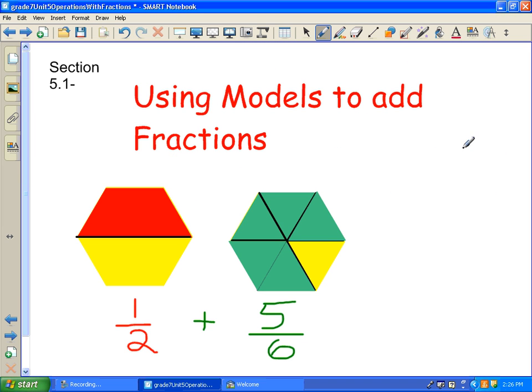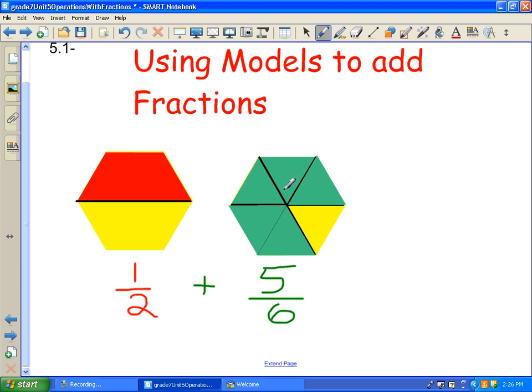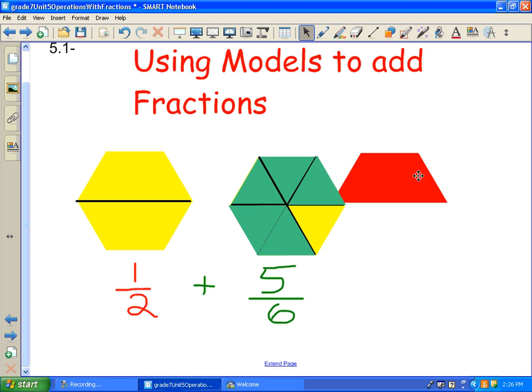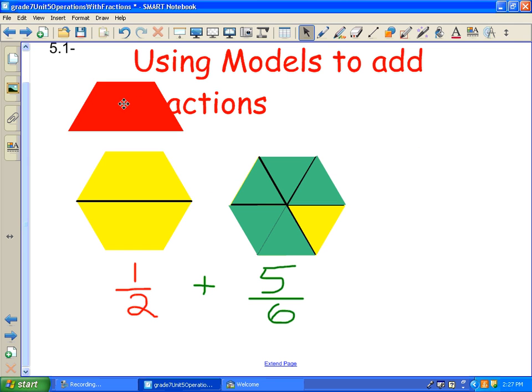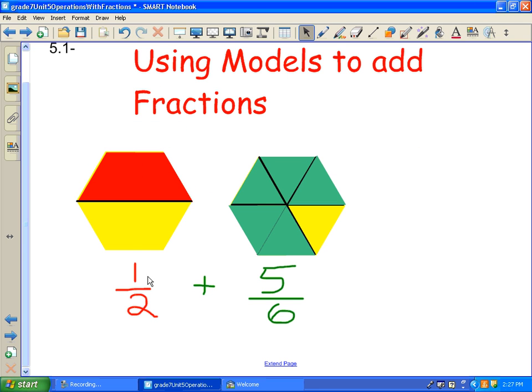Section 5.1 shows using models to add fractions. So here we have a model of our blocks, our pattern blocks. Now, keeping in mind this yellow one represents the whole thing. Okay, so yellow, this whole thing here, this is one whole. Now, I'm going to shade in 1/2 of it. So now I'm going to add up my fraction. So I've got 1/2 plus